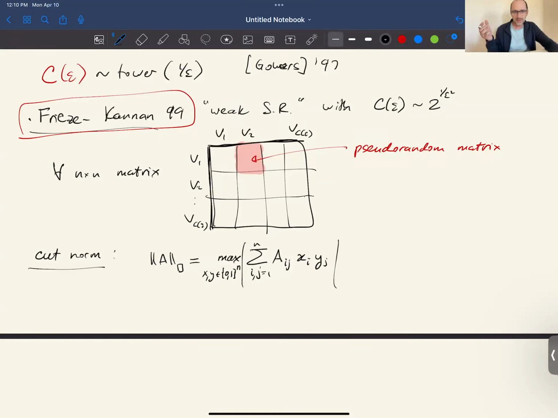With maybe just 3 minutes of thought, you would see that you can replace 0, 1 by minus 1, 1, and with minus 1, 1, this will be equivalent up to some constant factor; you will pay something. And then for minus 1, 1s, this is the same as the operator norm, but not from L2; from L infinity into L1. Is the matrix not positive elements, no? Not necessarily, no. In this case, it should be okay.